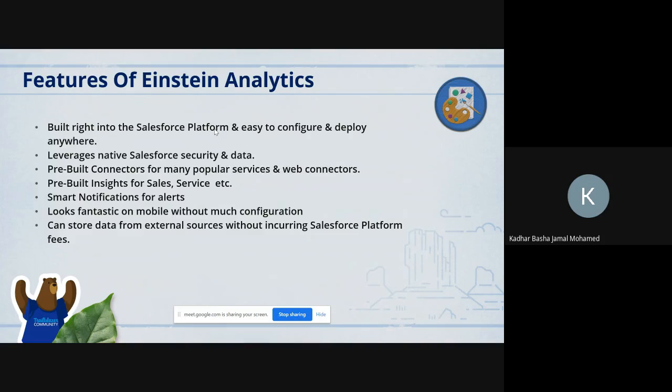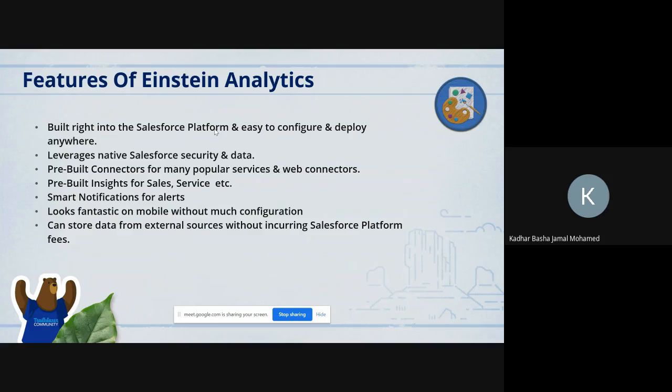We can use the web connectors to retrieve records from other web sources, and we can import external data files like datasets, using CSV files or Excel files, into the Salesforce org. We don't need to create any object and import those records using the data loader, and then create reports and dashboards. Those steps are not necessary in Einstein Analytics. We simply import the datasets into Einstein Analytics and create the dashboards.